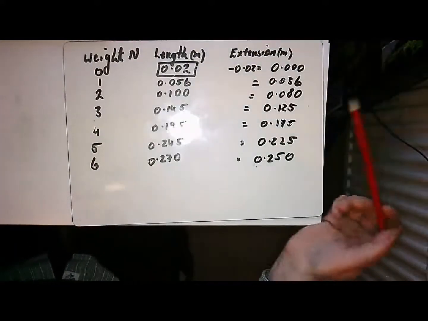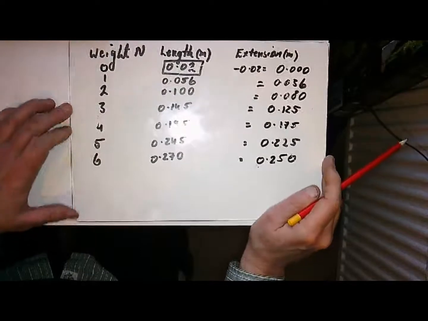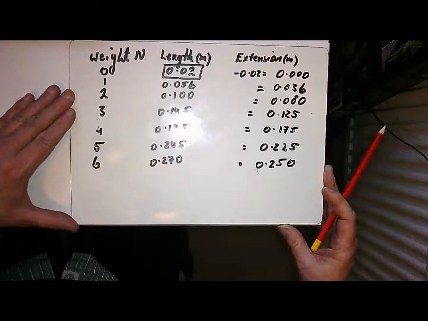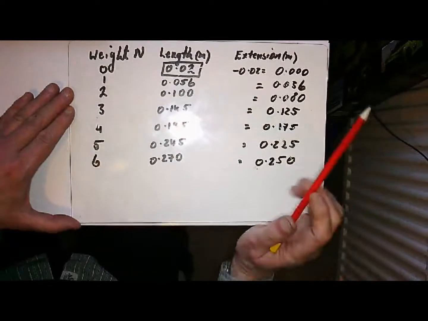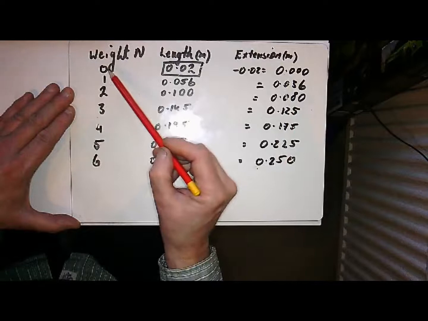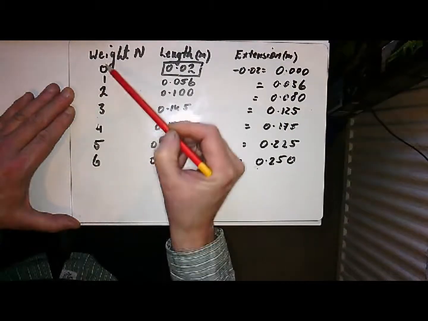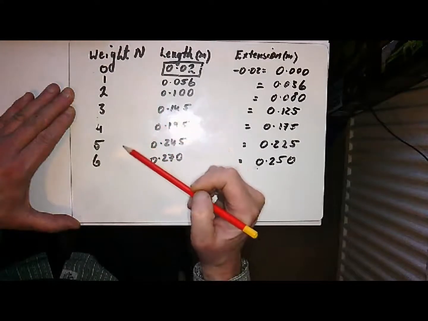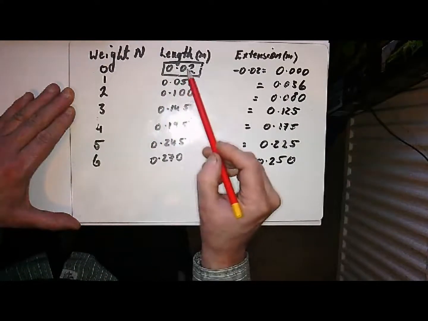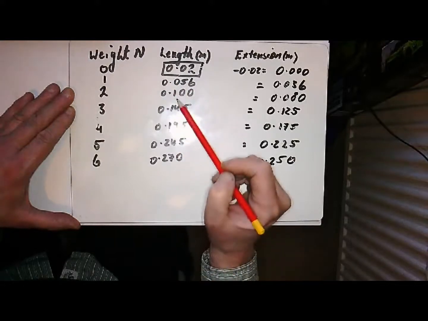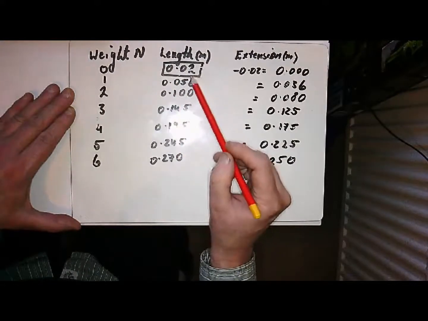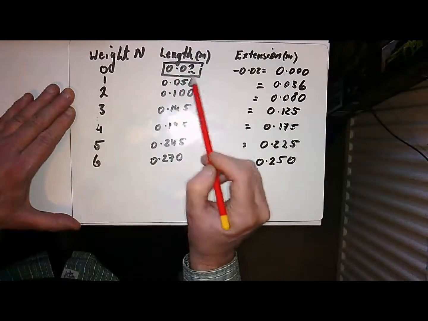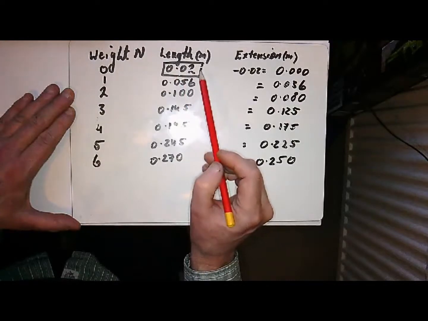Okay, so let's have a look at the data. I have taken this straight from the photographs rather than when I collected the images in the first place. So first of all, each one of these is the 1 Newton mass, 100 gram mass, weight I should say, that was added. So using the photographs, I've then recorded these particular lengths that the spring stretched to. First of all, when the spring had nothing on it, it was 2 centimeters long, which converted to meters is